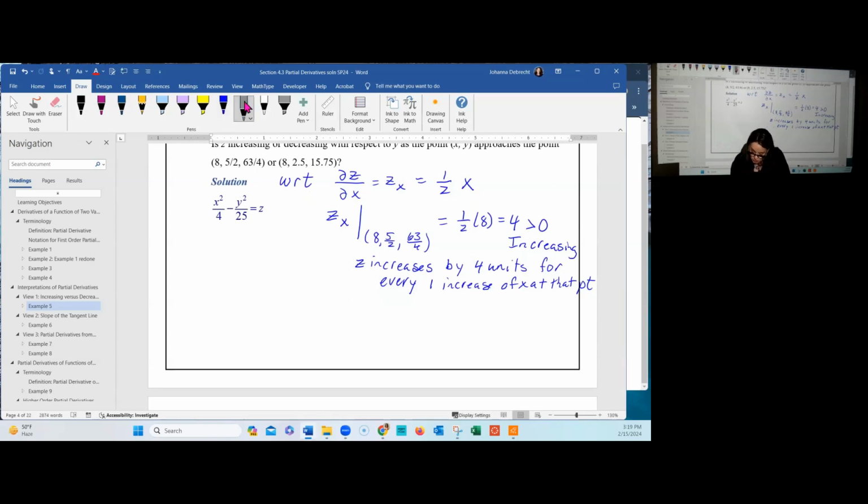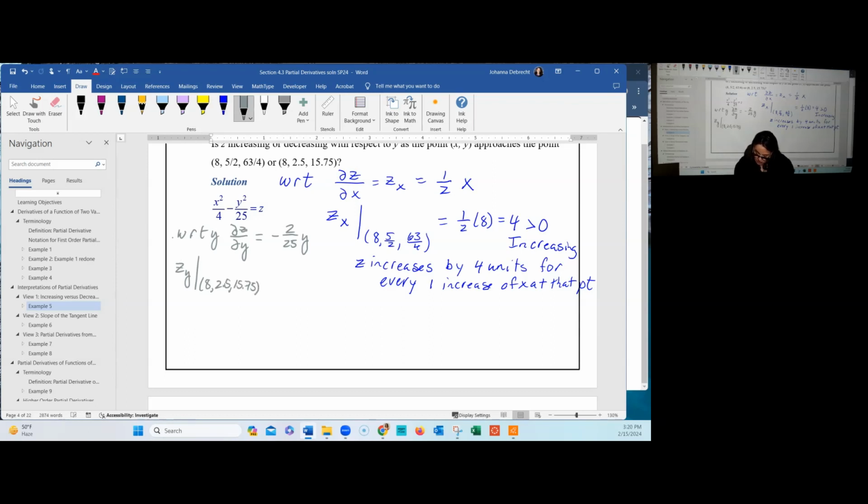When we look at the partial with respect to y, we're going to again take the partial derivative of the function equation. The first term will go to 0, and the second term will give us negative 2y divided by 25. So the partial of z with respect to y is equal to negative 2 over 25 times y. Now we want to evaluate that, the partial with respect to y, at that ordered triple, 8, 2.5,